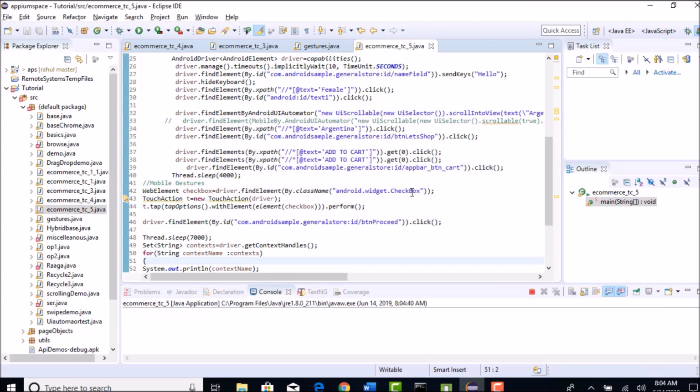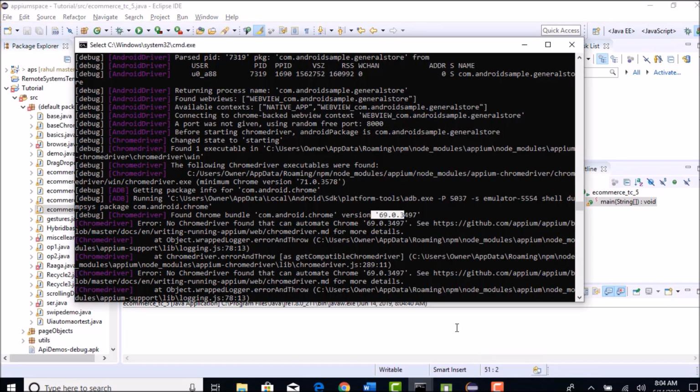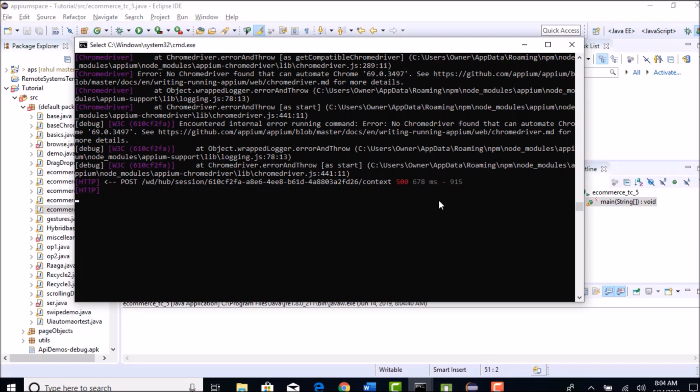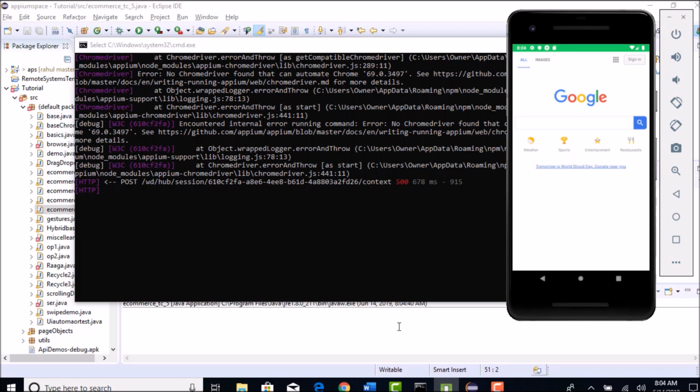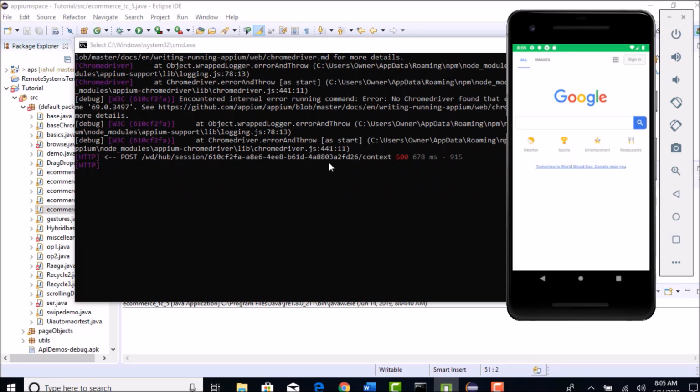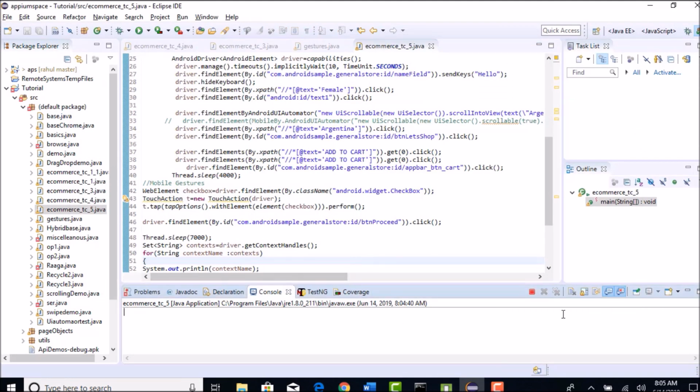Interesting, right? So whenever you run into an error, don't panic. Read the Appium server logs and try to understand what exactly caused the issue. When I first started this, I saw this error, but I read line by line very carefully, and then I cracked it. What happened is that the execution started.